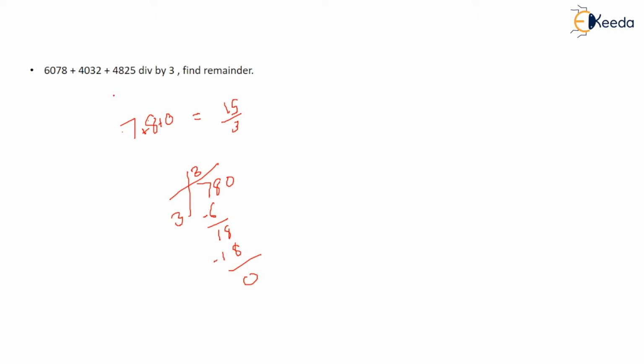So similarly, you have to check for this number whether it is divisible by 3 or not. What you have to do, you can find the remainder of each individual number like this, and this. So after doing this, no need to add separately. You will add the digits individually. So it comes out to be 6 plus 7 plus 8 plus 0. This comes out to be 15. 15 plus 6, that is 21. So 21 is divisible. So there is no remainder, right?